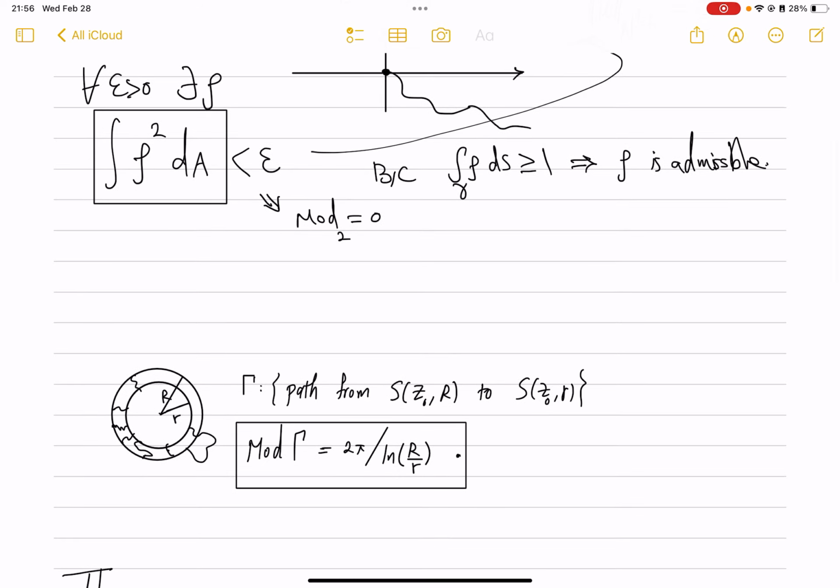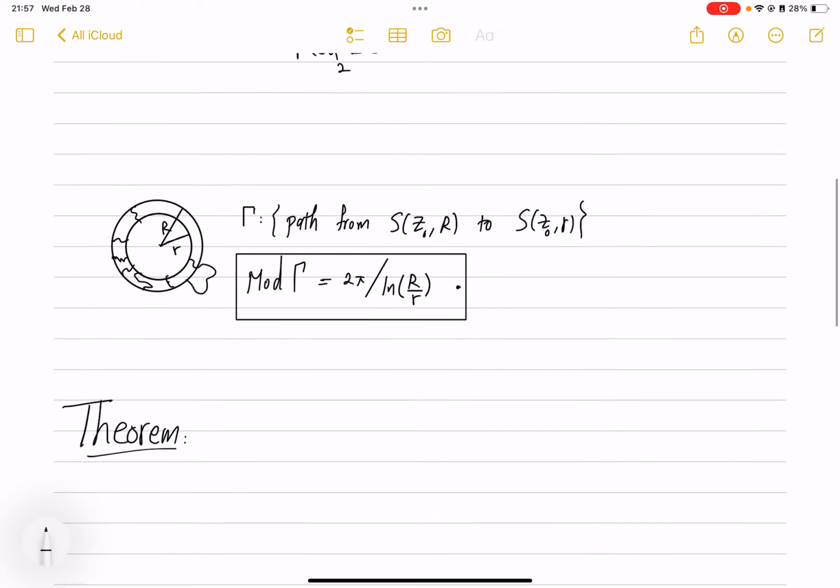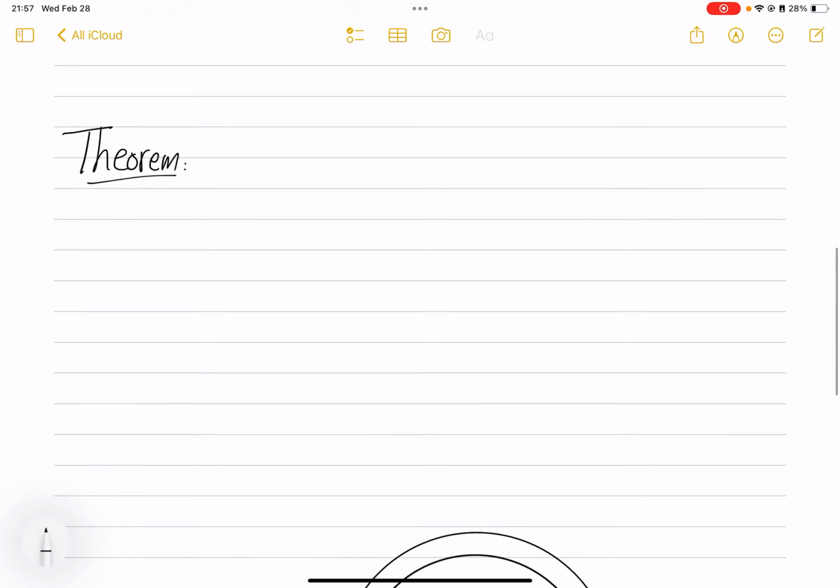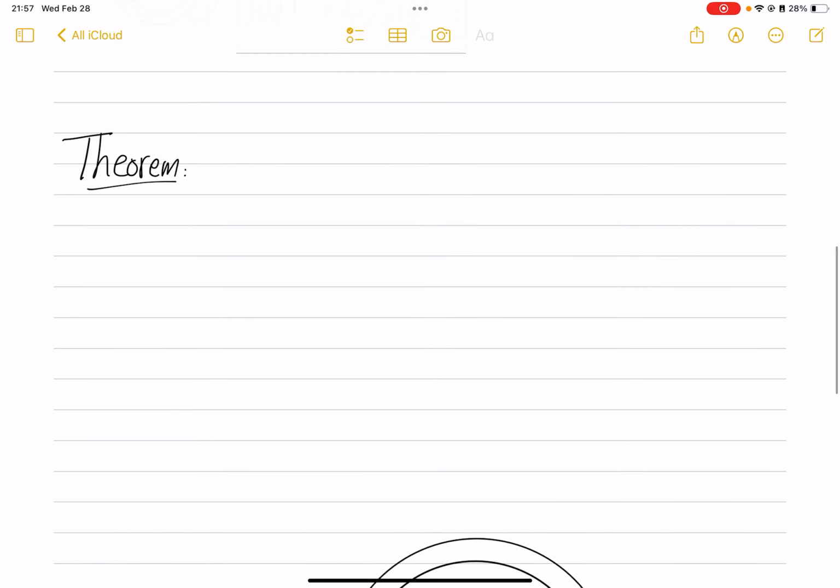In particular, we see that this depends only on the ratio and not on the size. In other words, if you have a different annulus at a much smaller scale, but the ratio is still the same, you get the same modulus. The precise statement, which is even stronger, can be as follows. So suppose